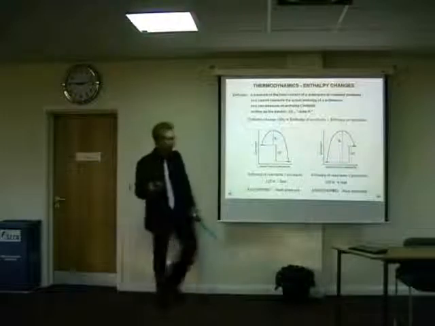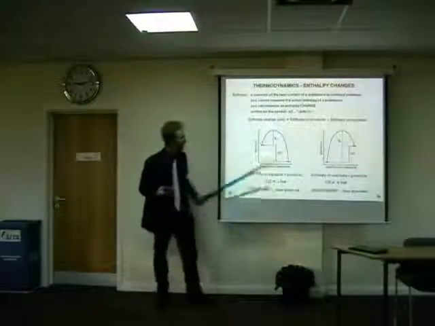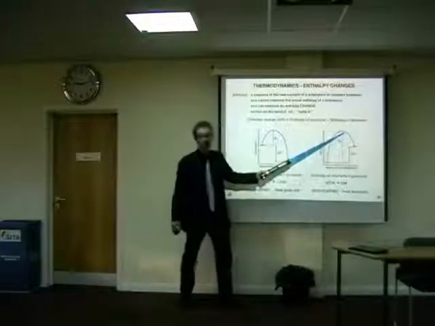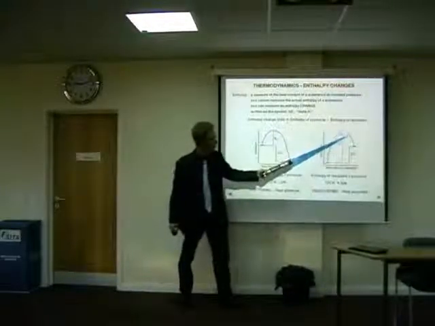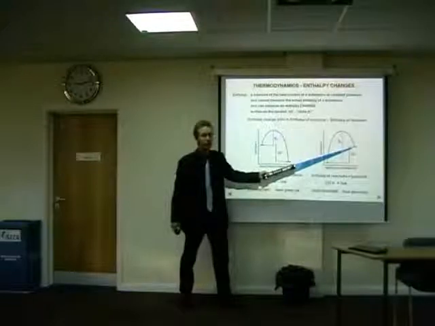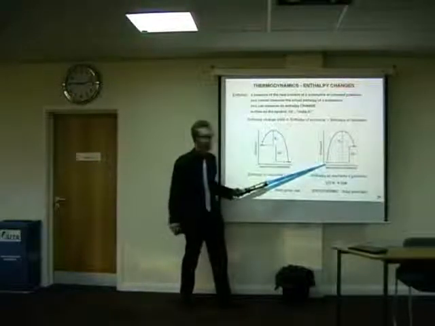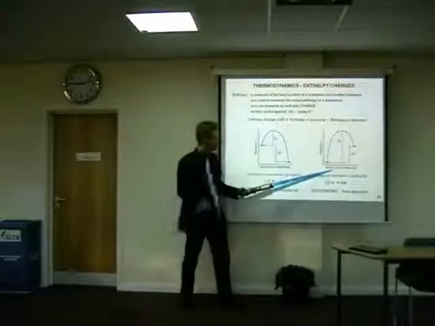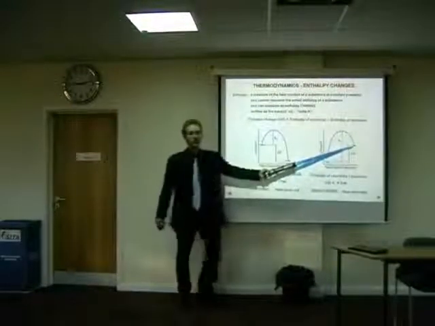If we were to look at an endothermic reaction, it looks a bit like this. You have to put in loads of energy, which is your activation energy, and then your products end up with more energy than the reactants. If I start with calcium carbonate, and I give it lots and lots of energy, and I end up with calcium oxide,